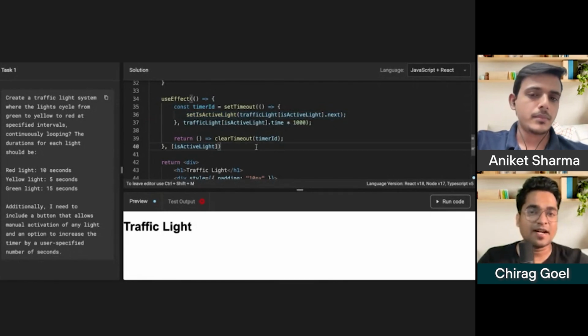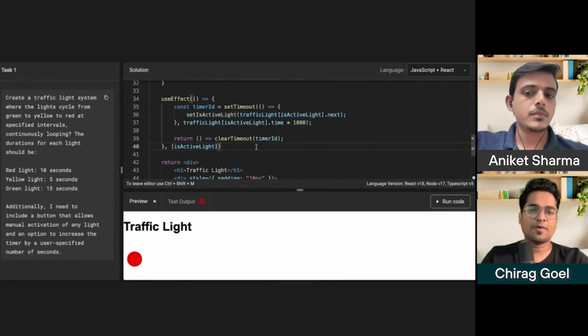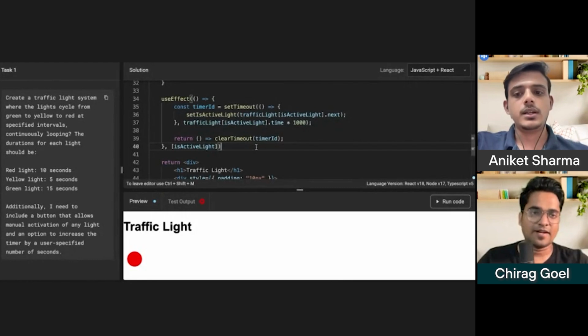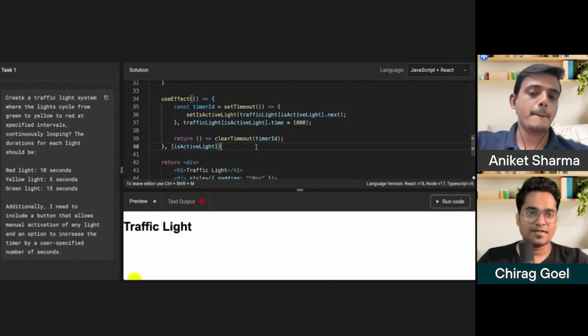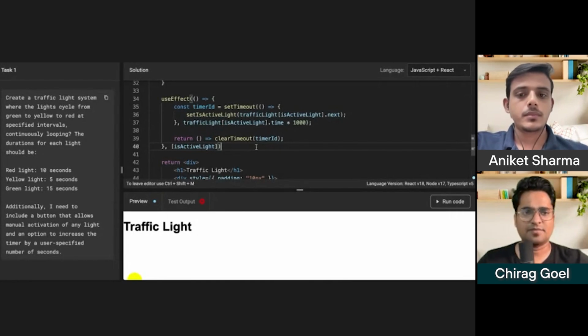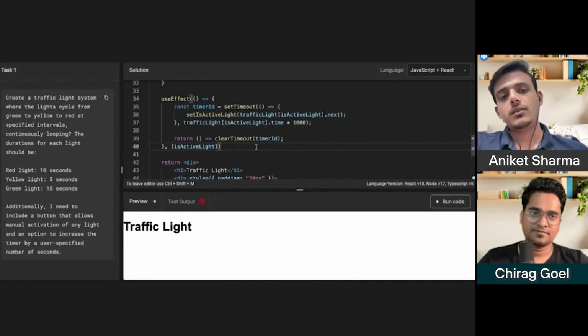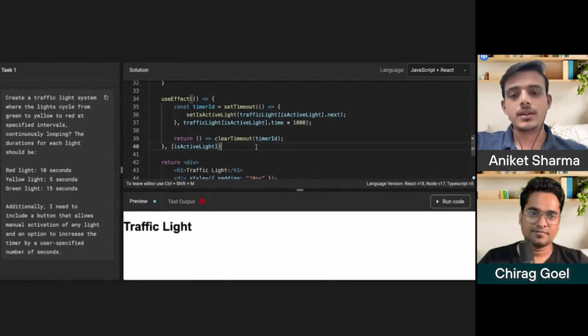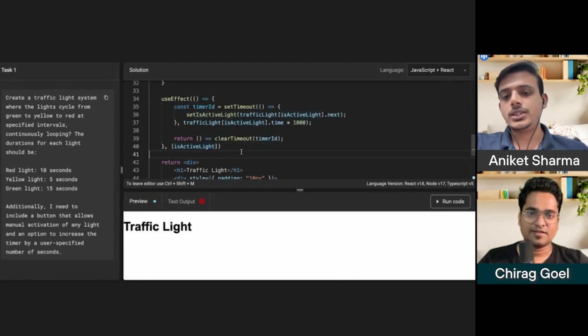Consider example the traffic light that you are taking. I am getting that from an API call. After some time, it will get updated. Will your logic still work, or there will be some glitch? Suppose I'm getting it from my API call, that will get resolved after some time, right? Will your logic still work, or there will be issues with that? No, it will not work. Basically, if we are getting it from the API call, then it will never reflect because this use effect is tagged with the is active light changes.